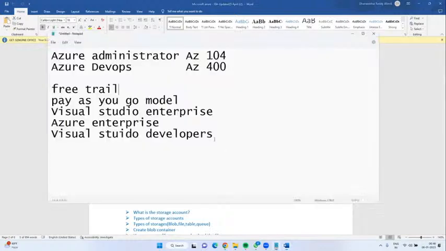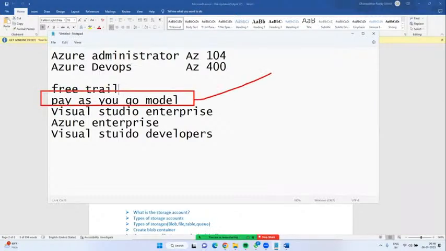Next, what is the advantage of these subscriptions, sir? One organization may have n number of subscriptions. Please remember, they are bullet points. I could see around 30 plus subscriptions in my project. What are the advantages? For example, we are all working in one account. One project may require services for 1 year. After 1 year, they are going to destroy it. So they will take the pay-as-you-go model.